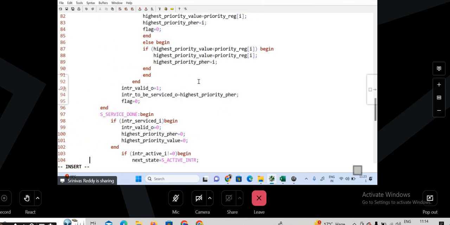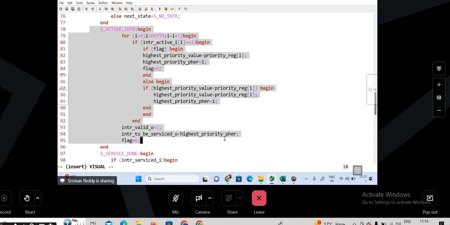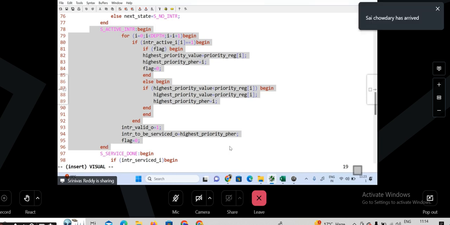So module instantiation is nothing but module name DUT, correct? Now let us remove this. Now shall I go with what? Shall I go with port by name? Then this is dot